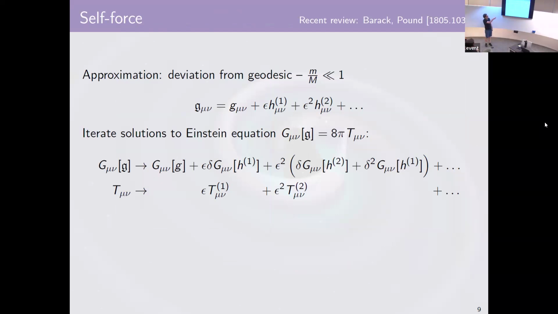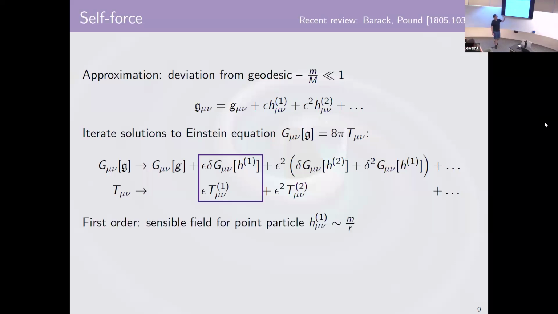The idea is you start with some background metric G, which is some exact metric in terms of the large body, again Schwarzschild, potentially more interesting things, and then expand in terms of corrections, where the corrections are ordered in the mass ratio. Then you just iterate the solutions to Einstein's equations, by plugging G, small g and Gothic G back into the equations and solving them order by order in the mass ratios.